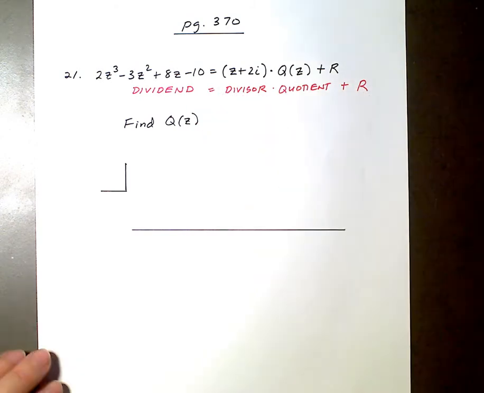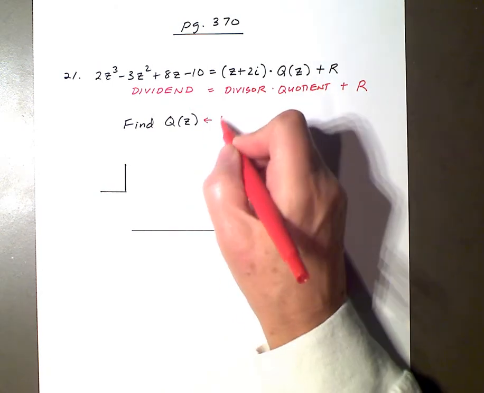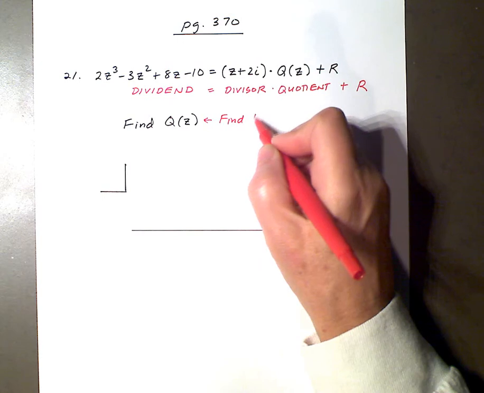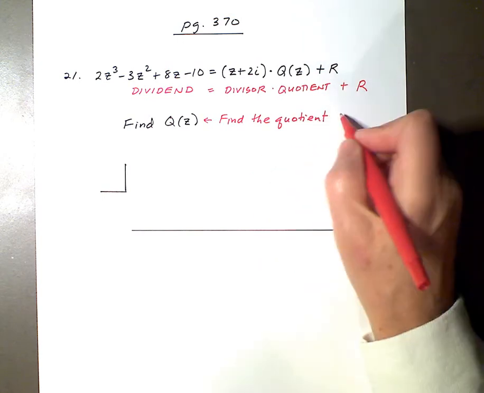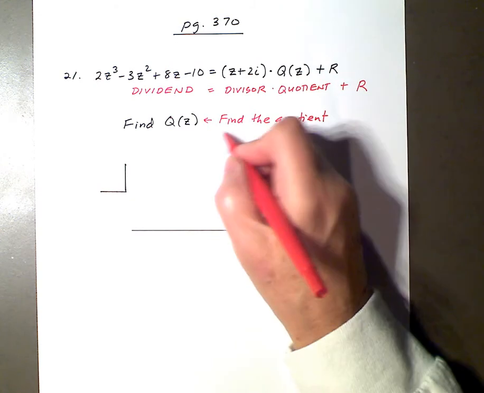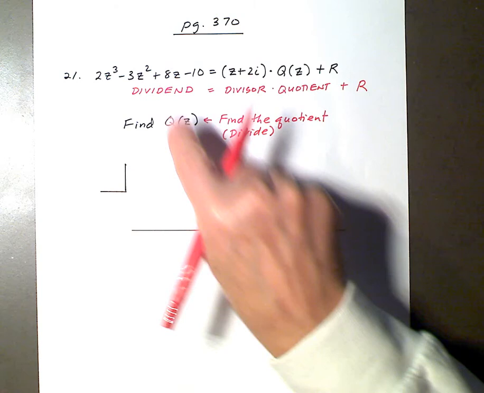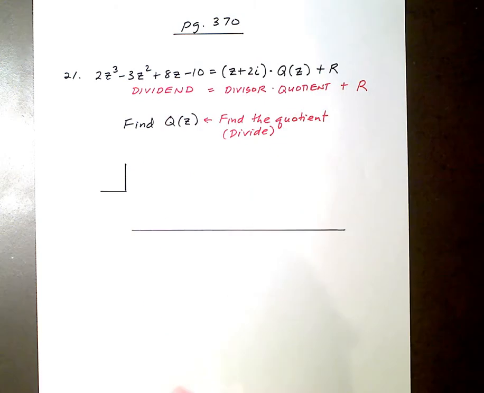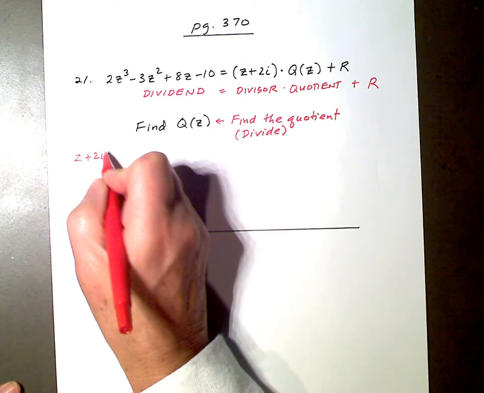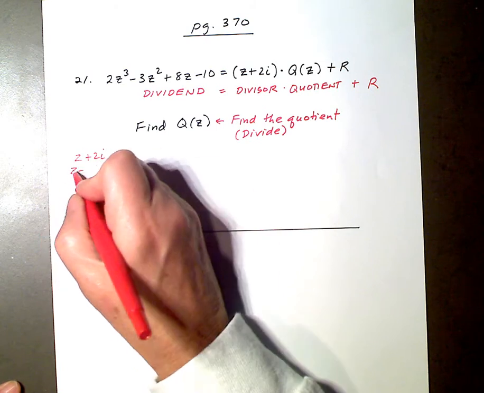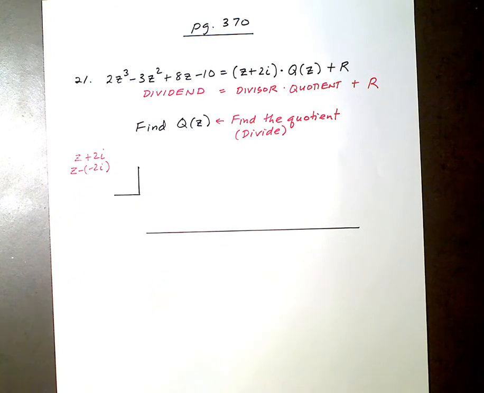So when they say find Q of Z in this, it means find the quotient, which means to divide. Okay, so divide the dividend by the divisor. That's all that it means. So the divisor is Z plus 2i. If I put that in x minus c form, it's Z minus negative 2i. So the negative 2i